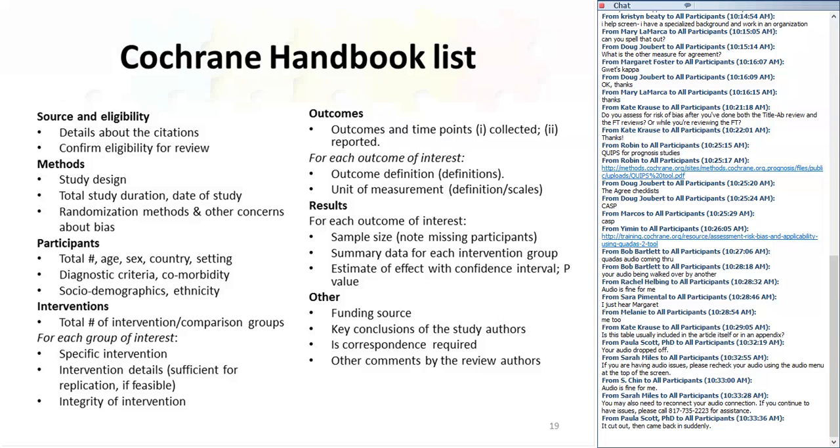Then the next category will be the method. So what is the study design? Sometimes people have really limited it down to just randomized controlled trials, but even within that, there are lots of different types of randomized controlled trials. And so you can kind of see how it goes through each of these different